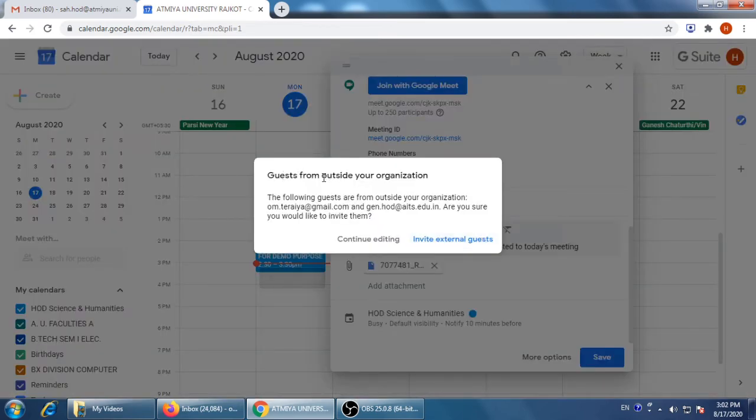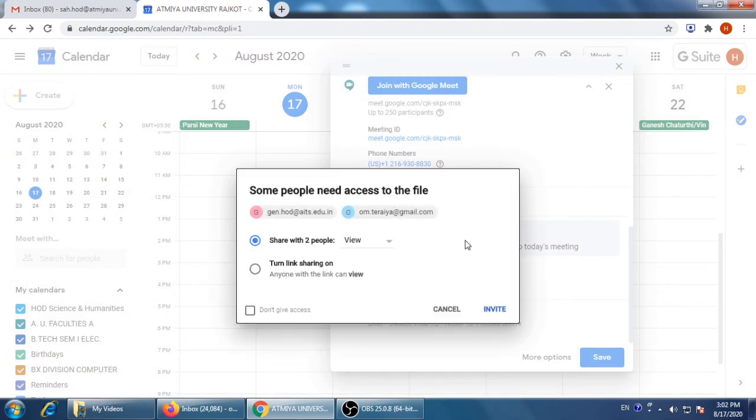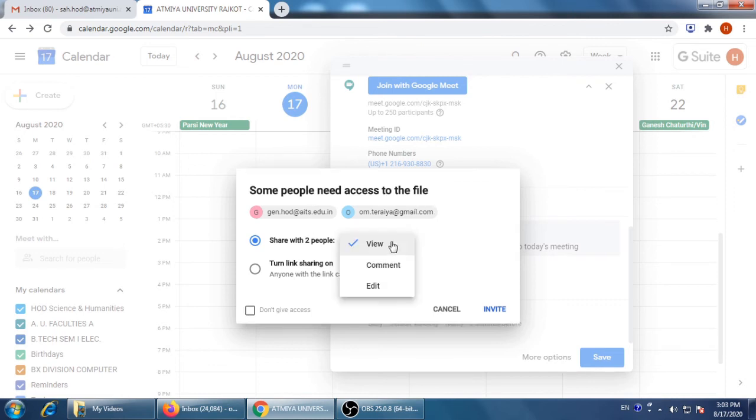Now, guests from outside of your organization? Yes, I'm also inviting guests from outside of my organization. So I'm just clicking on invite external guests. Okay, now here some people need to access this. Share with two people.